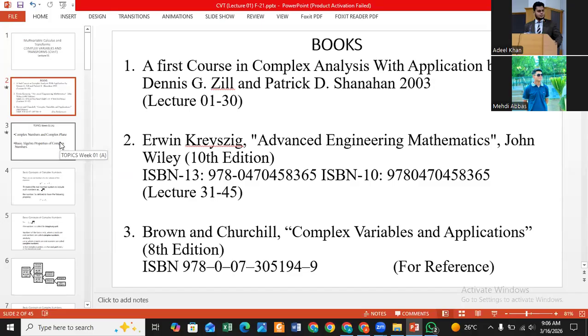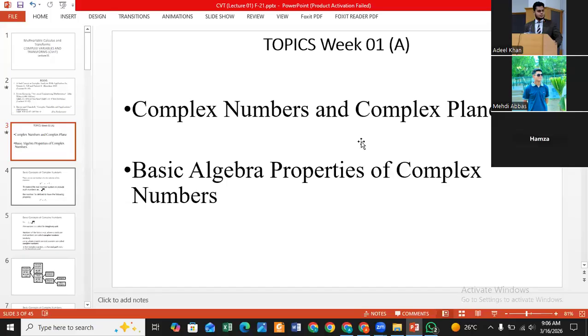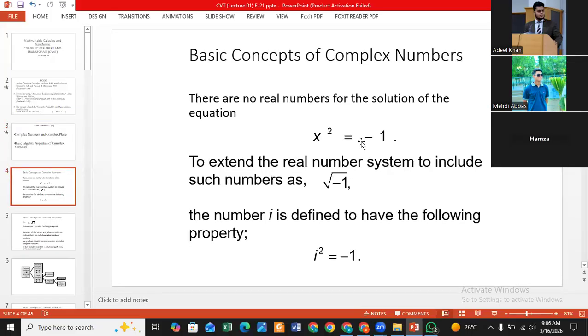Further, we start the session with the complex number, basic algebraic expression, complex number properties, and we start with